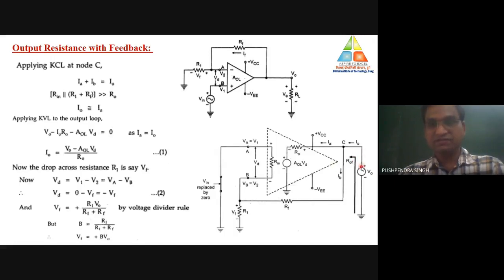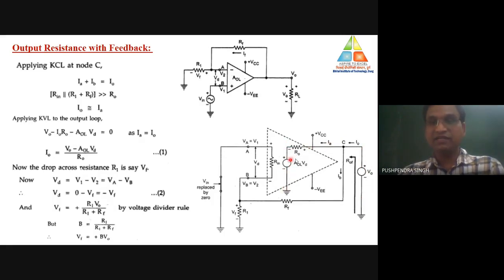Just start with this. V0, the generated current is I0. That will be divided into two parts. One current is IA, the second current is IB. In this IB path, the value of resistance is maximum, infinite. So no current will flow in this particular path. So the value of IB is equal to 0. When IB is equal to 0, I0 will be nothing but IA. So the IA current will only flow in this particular path.